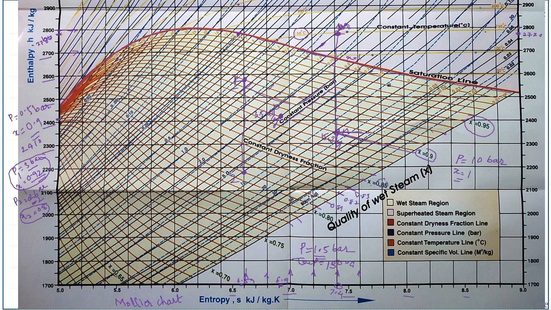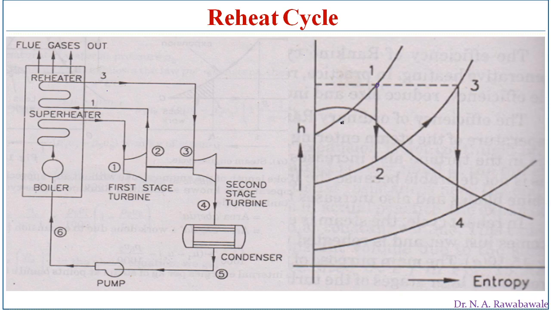So when we expand steam, just now we have seen in the previous diagram itself, if we have a steam at higher pressure, say at point M, and if we start to expand steam from point M to N, gradually steam becomes wet. First it becomes dry saturated, and after that further expansion of steam makes that steam wet. So here also, as the steam is expanded from higher pressure and higher temperature, the steam becomes quite wet at the end of expansion.